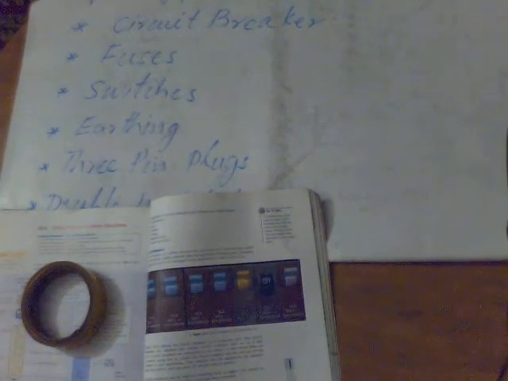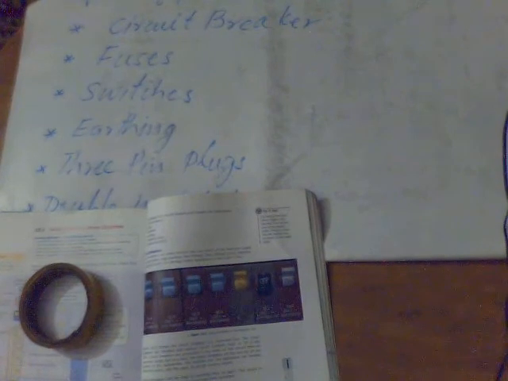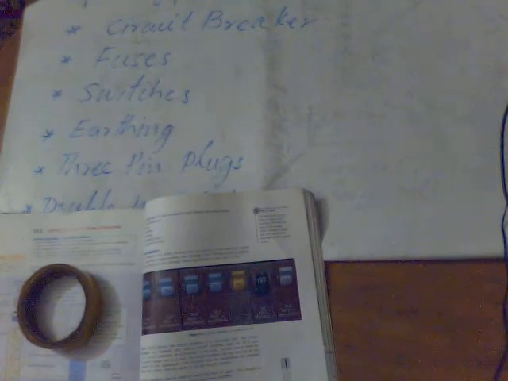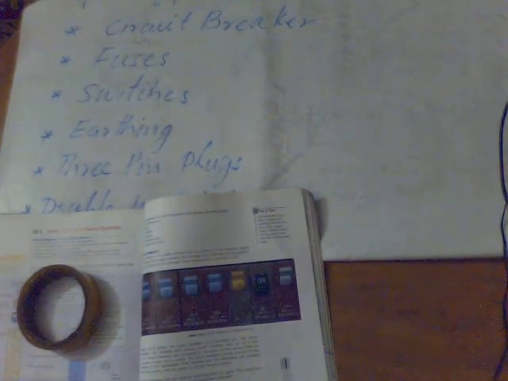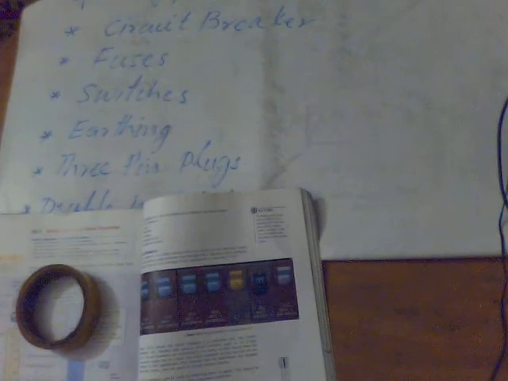All fuses have a rated value. This value indicates the maximum current that can flow through a fuse before it blows. In general, fuses with thick wires can conduct large current before blowing, and therefore have a higher rated value. Typical household fuses are rated from 1 ampere to 13 ampere.